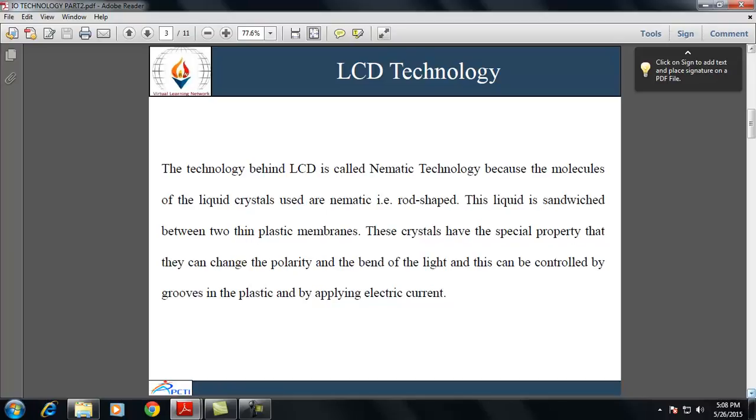This is because the molecules of the liquid crystals used are nematic, that is rod shaped, and this liquid is sandwiched between two thin plastic membranes. These crystals have the special property that they can change the polarity and the bend of the light, and this can be controlled by the grooves in the plastic and by applying electric current.